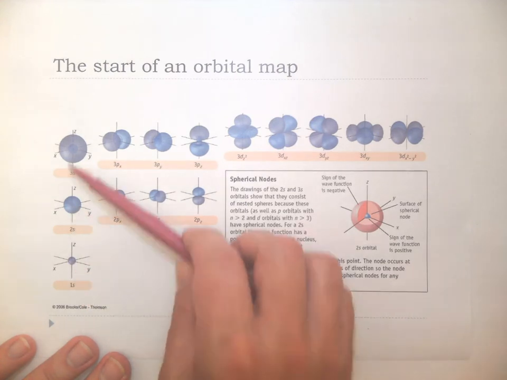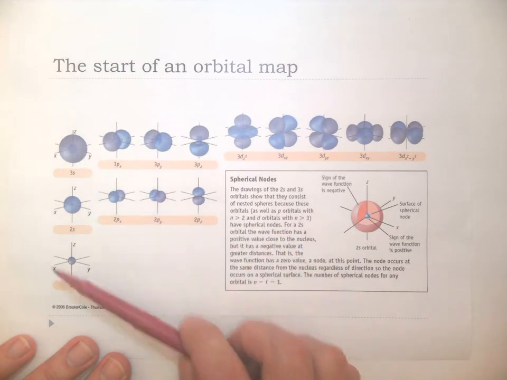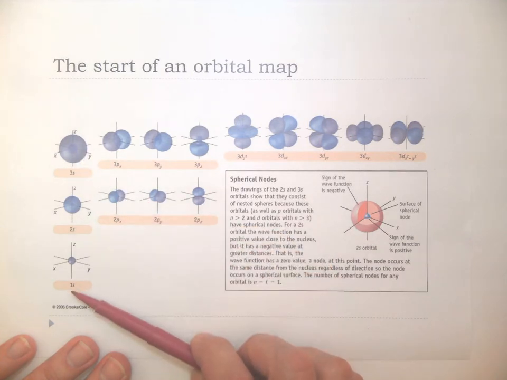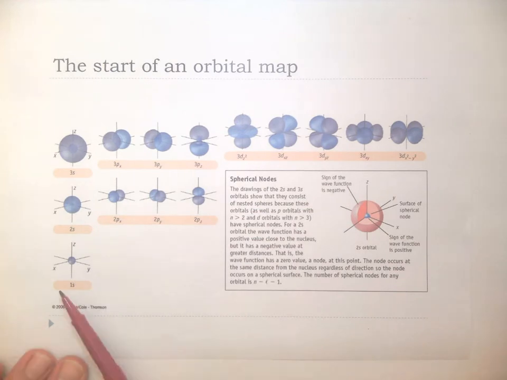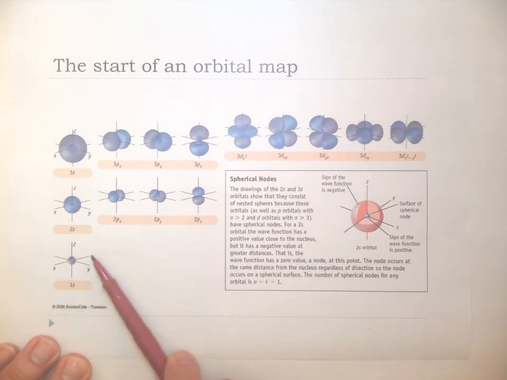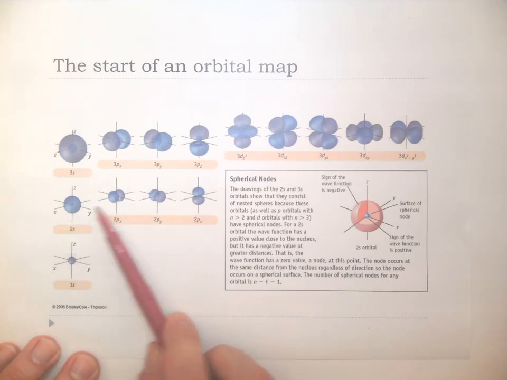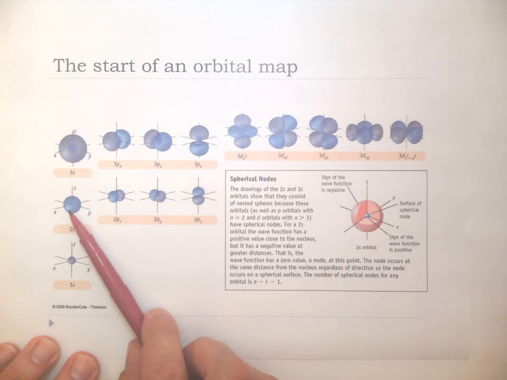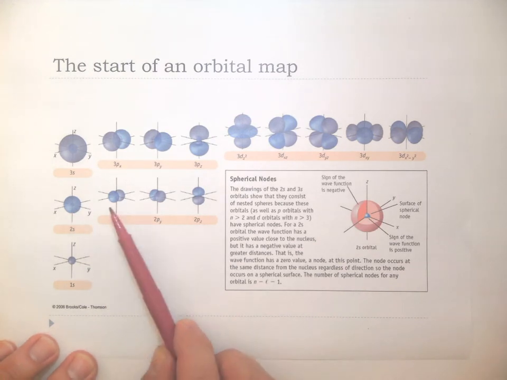You'll see these three are spherical, and they're centered around the nucleus, so we're going to call those s orbitals: the 1s, the 2s, the 3s. The way this is spread out, we're working on energy levels. The first energy level only has one orbital, and that's an s orbital. The second energy level has 4 orbitals. One round one, like this one, which we call the 2s because it's on the second energy level, and